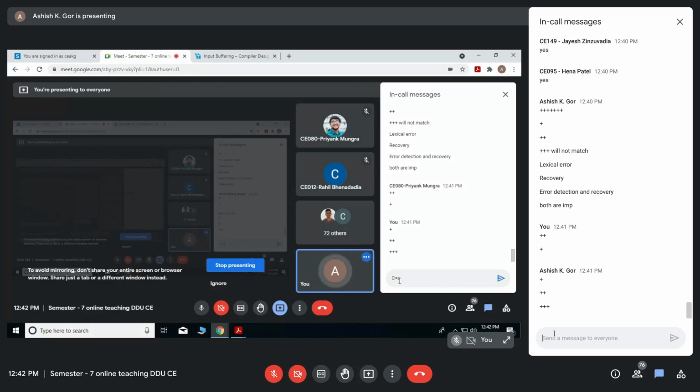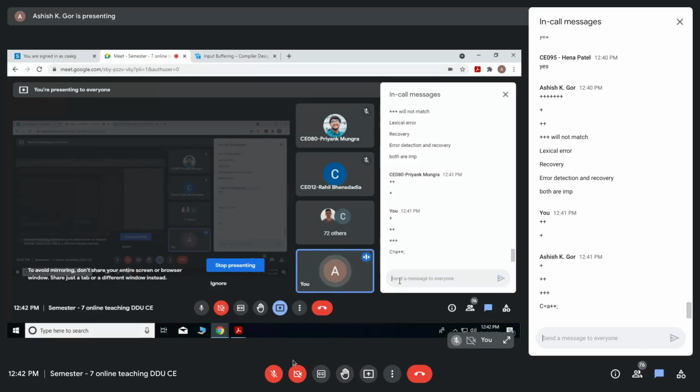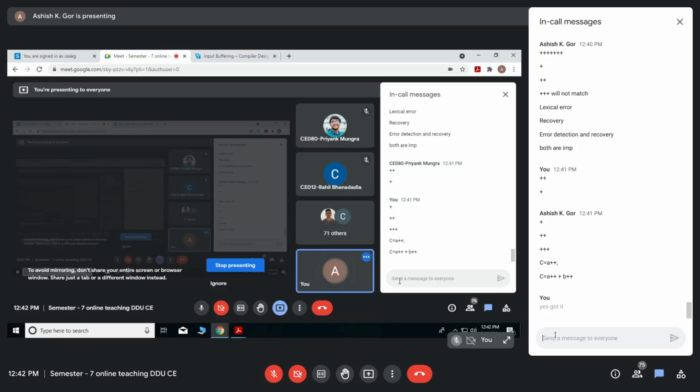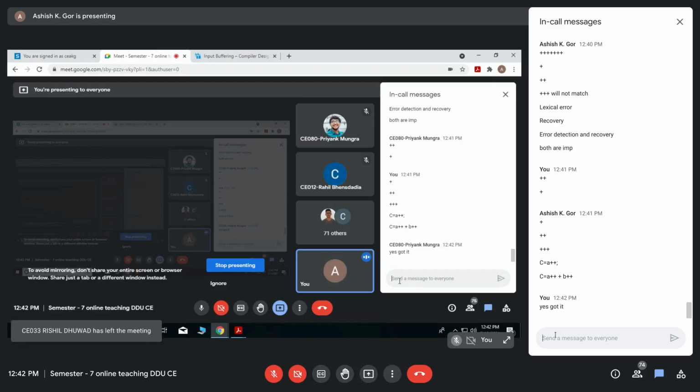It should be c equal to a plus plus, then generally a semicolon, right? Or probably it is b plus plus, something like this. So there should be some systematic rule for saying this is illegal: c is equal to a plus plus plus b plus plus. But 5 times plus is not going to match anyway with any of the programming constructs. Yes, I hope that is clear.